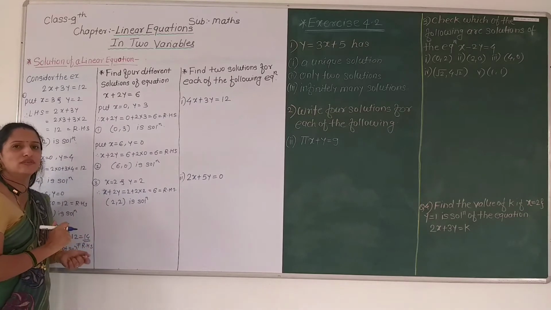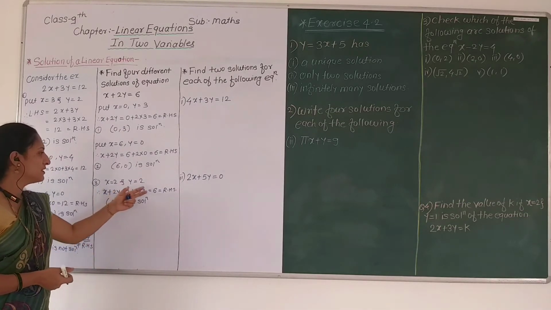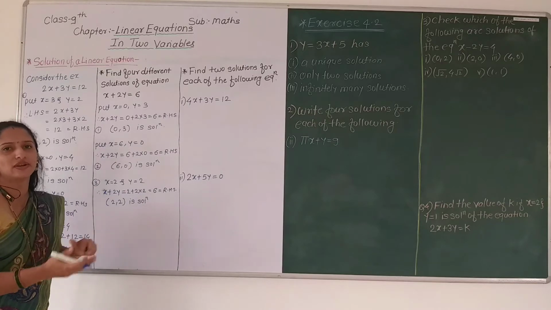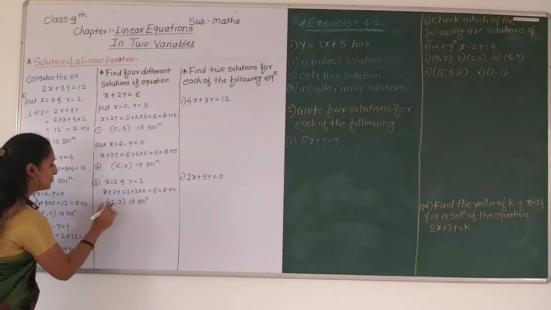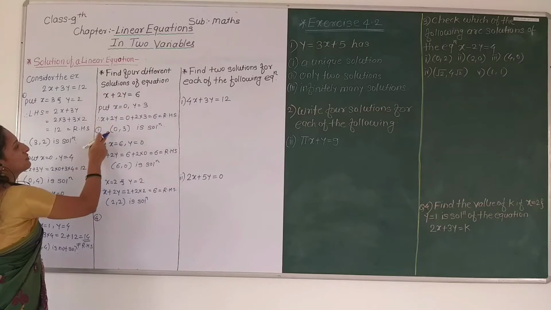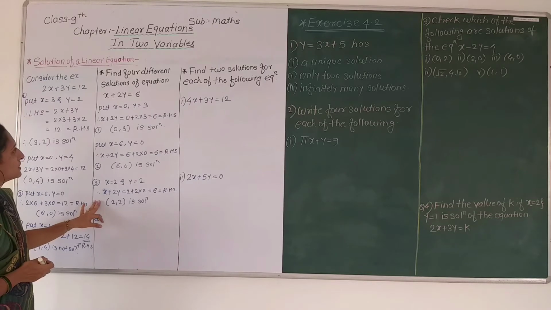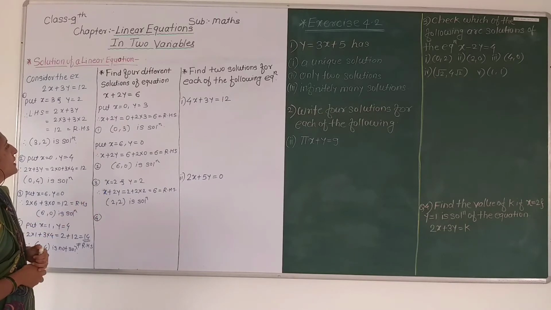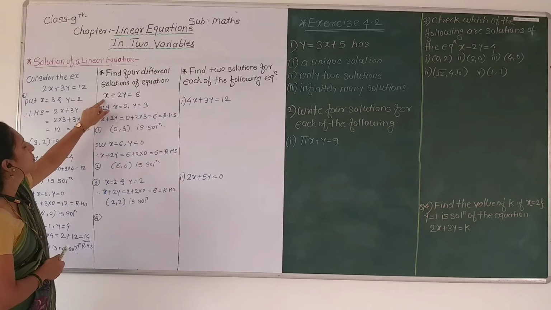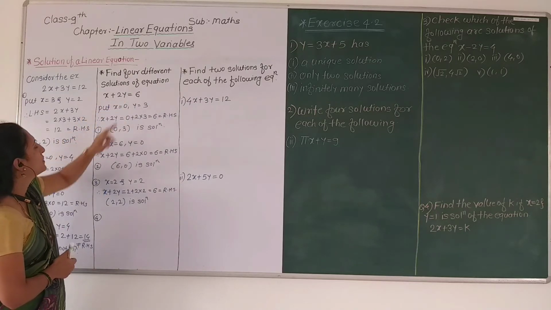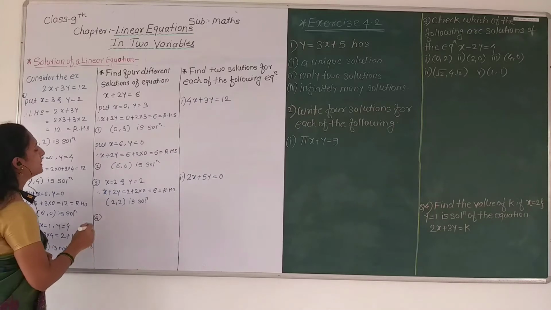We have to find all the values of x and y such that the equation is satisfied, LHS is equal to RHS. Now, so 2, 2 is a solution. We have to find 4 solutions. Here we found first, second and third. So now tell me which one is the last solution for this. If I substitute here x is equal to 3, then what will happen? X is equal to 3, then we get y is equal to 1.